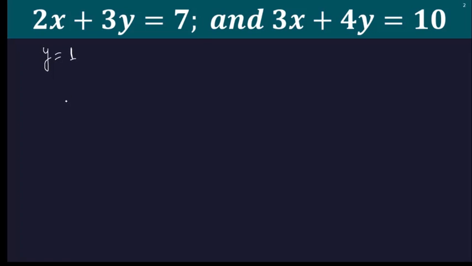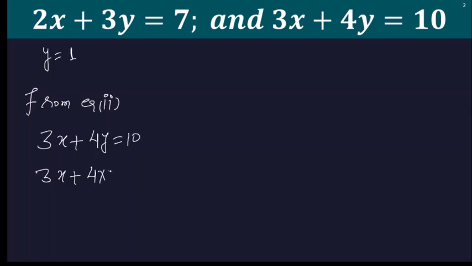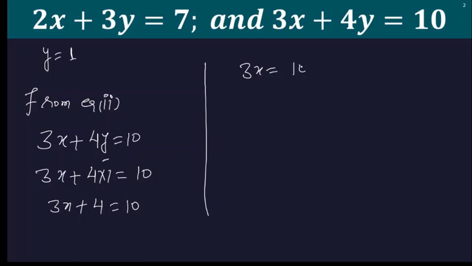So now I'll put the value of y into any one of the equations. We can take equation number 2, which is 3x plus 4y equal to 10. I'm writing it and putting the value of y here. In the place of y I put 1. So 4 into 1, 4 would come. Then I'm keeping 3x on this side, only 10, and I'm sending this 4 to the right hand side. So it becomes 10 minus 4, so 6. x equal to 6 divided by 3.